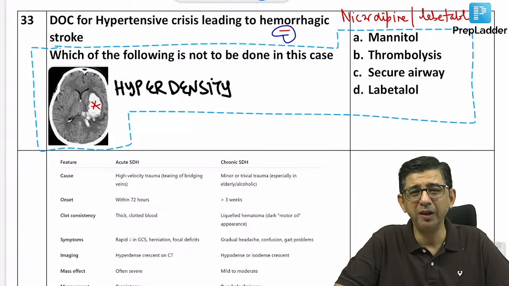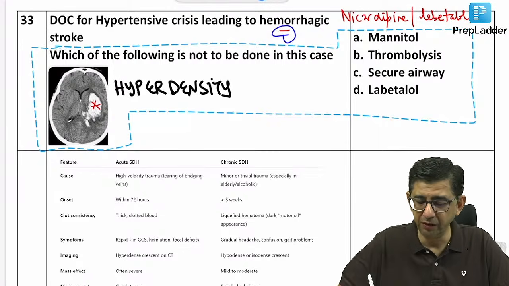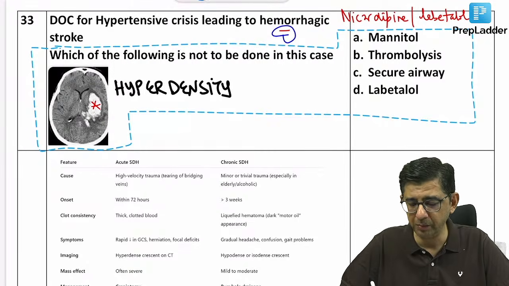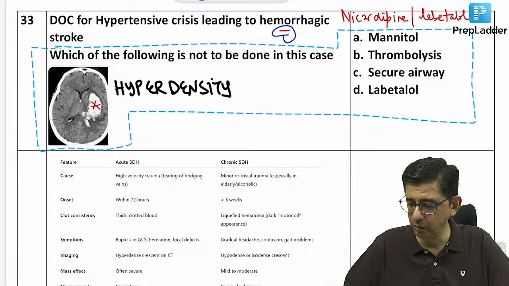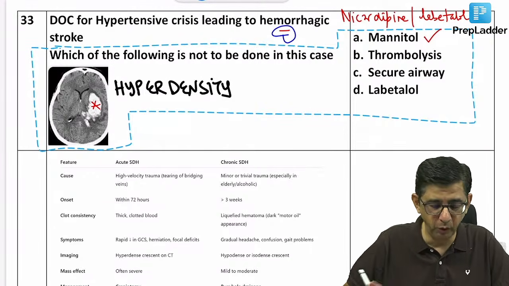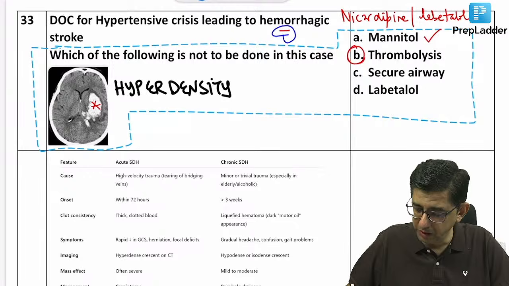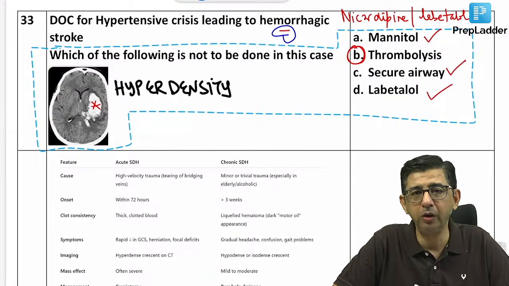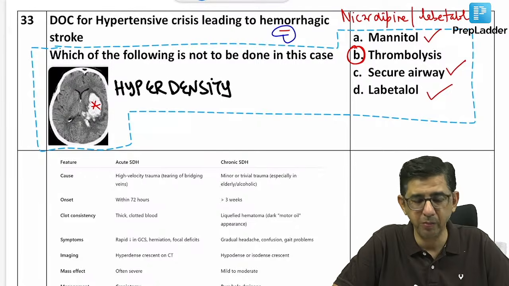So if there is posturing in a patient, guys, if somebody is having raised ICP due to brain hemorrhage and the person is having posturing, then what I can be doing is mannitol for this patient, but there is no role of thrombolysis in this particular case. Thrombolysis nahi karenge is case mein. Securing the airway is important. I need to give labetalol to this patient to control the blood pressure, but what we will not be doing